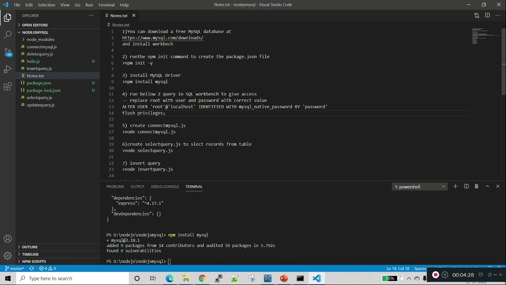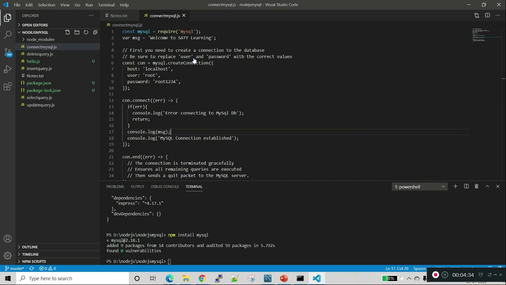Now we will create connect mysql.js. I am creating one variable, mysql, and I require mysql. This will help us to connect to the database.